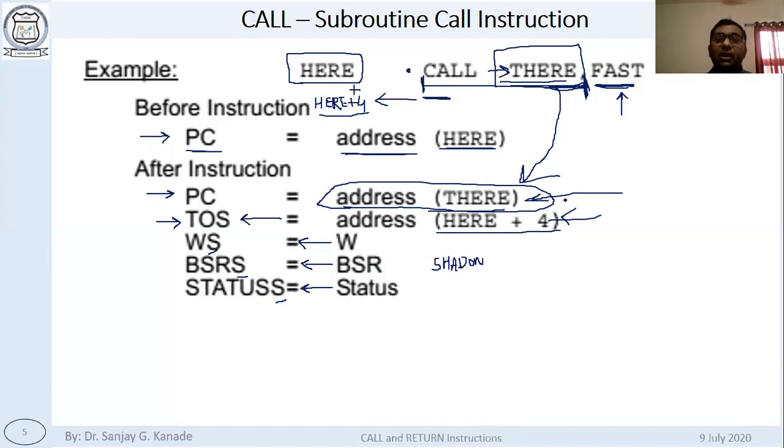PC, as usual, contains the address of the next instruction to be executed. Since PC now has the address of this label, the next instruction to be executed is whatever is written at that label. So this is how the call instruction is going to work.